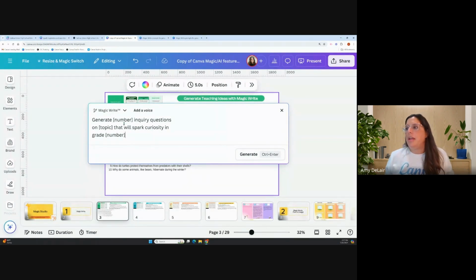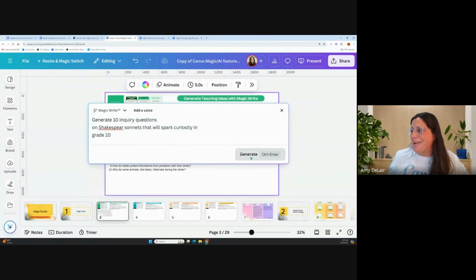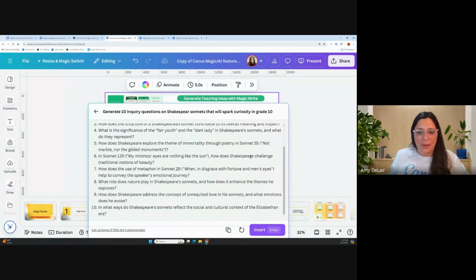Shakespeare, okay, generate 10 inquiry questions. How about sonnets? I hope I'm doing this right. That will spark curiosity in grade 10. I'm kind of making this up as I go along, but thank you for your kindness. Okay, so you can see here